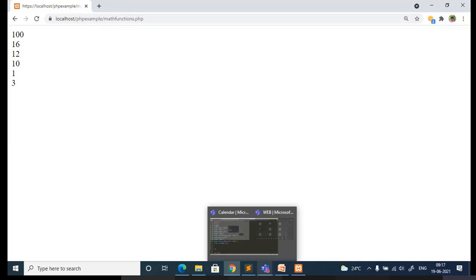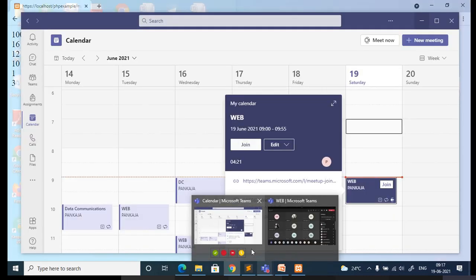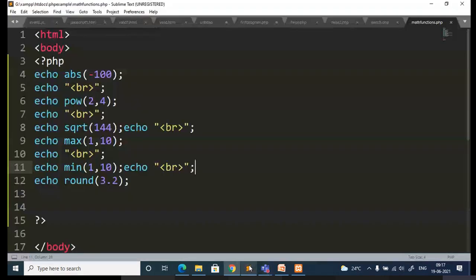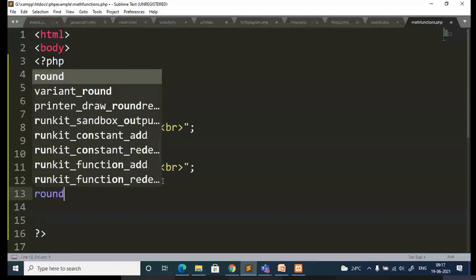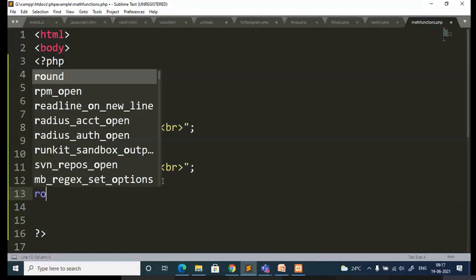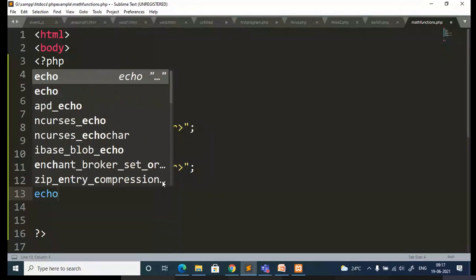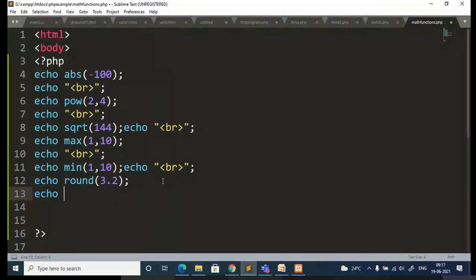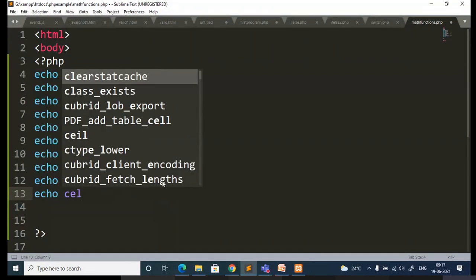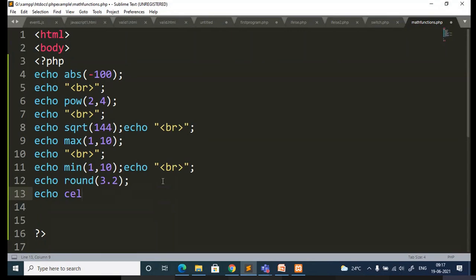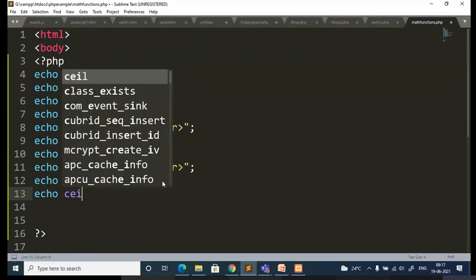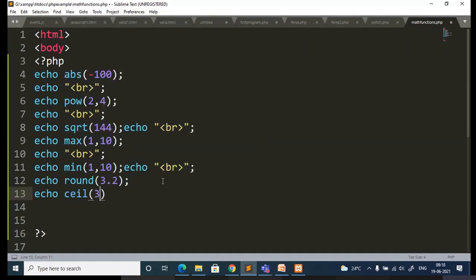Similarly, in case you want to round up to the higher number, I think you have already used all these functions. So it is echo first, then you can give ceil of 3.3.